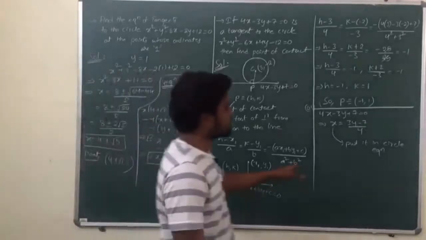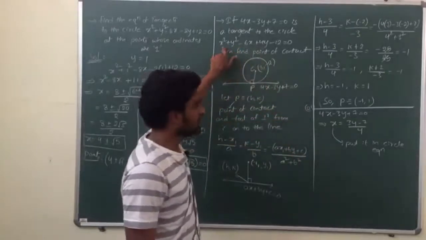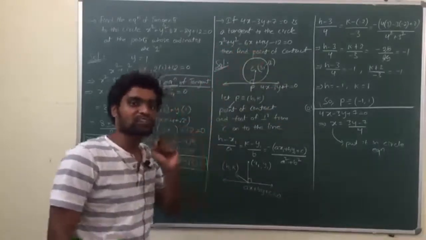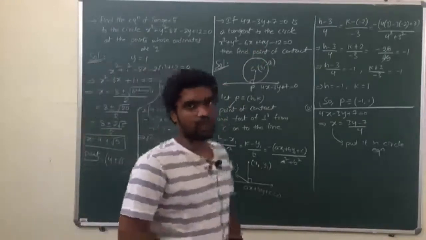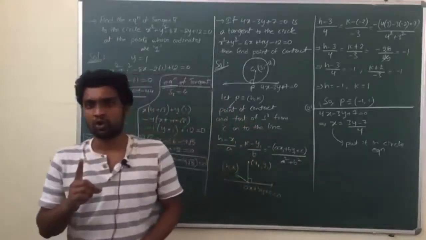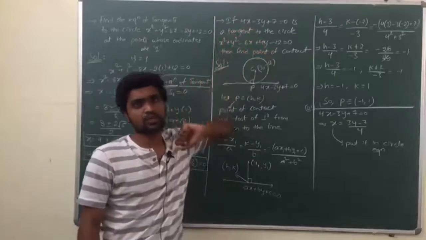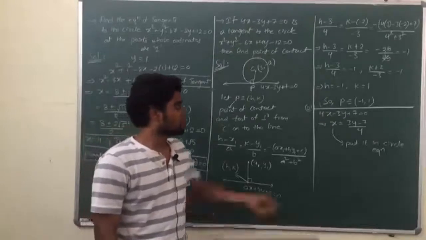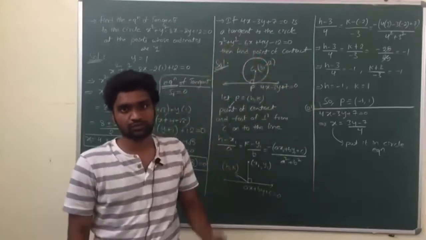Okay. Now put it in the circle equation. So this is the circle equation. Put the value of x, which is (3y minus 7) by 4. Here also (3y minus 7) by 4. You will get a quadratic equation in y, and if you solve that, you will get a point. Obviously, that quadratic equation will have equal roots because there is only one point of contact, as this line is the tangent to the circle. So there will be only one point of contact, whatever it is. So once you substitute the value of x here, you're going to get a quadratic equation in y which will have equal roots.